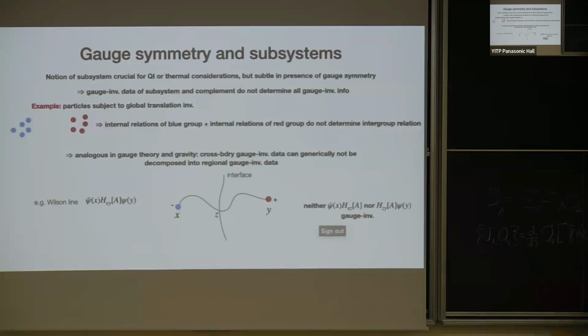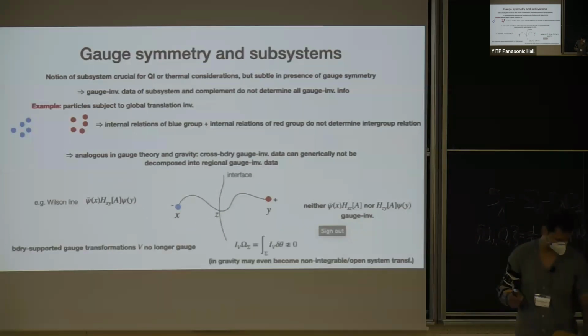For instance, if we look back at the dressed Wilson line that I showed on the first slides, if you just cut it by some interface into pieces like this, they're not going to be individually gauge invariant. And it turns out you cannot actually write this composite object in terms of purely gauge invariant data from one side and gauge invariant data from the other side. The same is also true, for instance, if you use geodesic dressings, and these geodesics cut a boundary in gravity. It's the same.